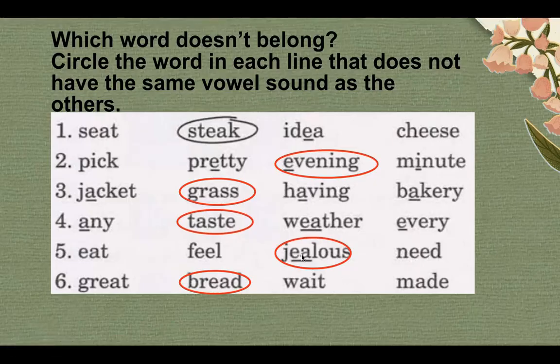And the last, number six, we have the word bread, which doesn't belong in this line because the word bread goes with the vowel sound air. However, the other three words go with the diphthong A, like rate, weight, made. So that's all about the